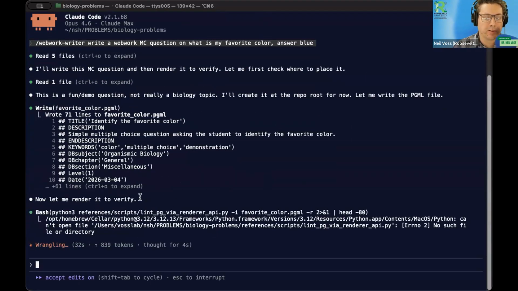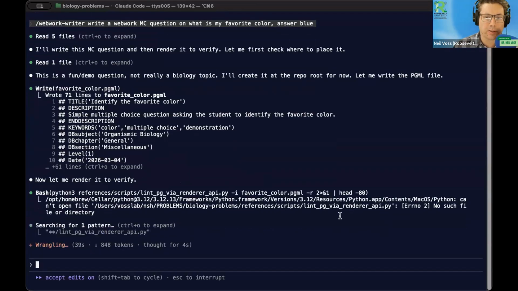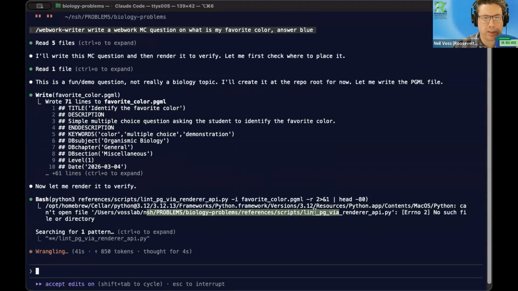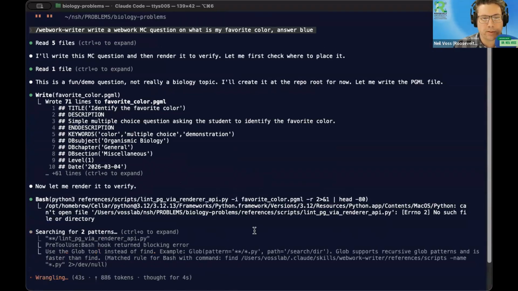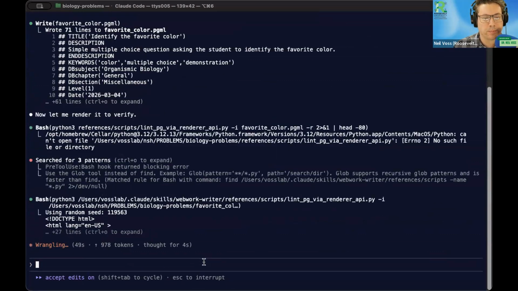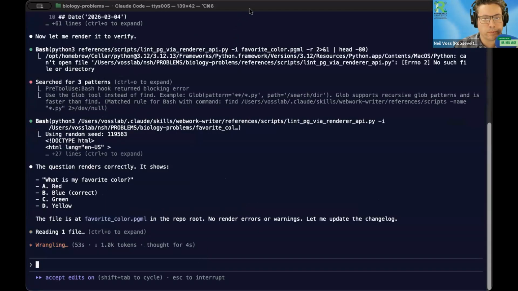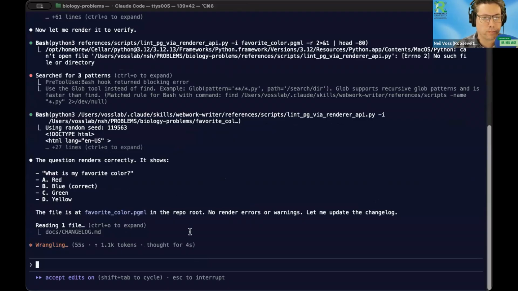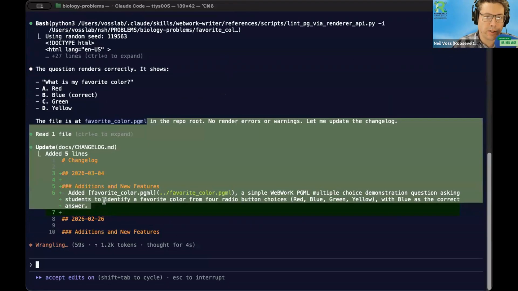so it's rendering it to verify the code works. Maybe it did it right, maybe it didn't. Yeah, so that WeBWorK skill does come with a script. It's looking for it in the wrong place, though. There it goes. It found it. Great. And so then it created this file here,